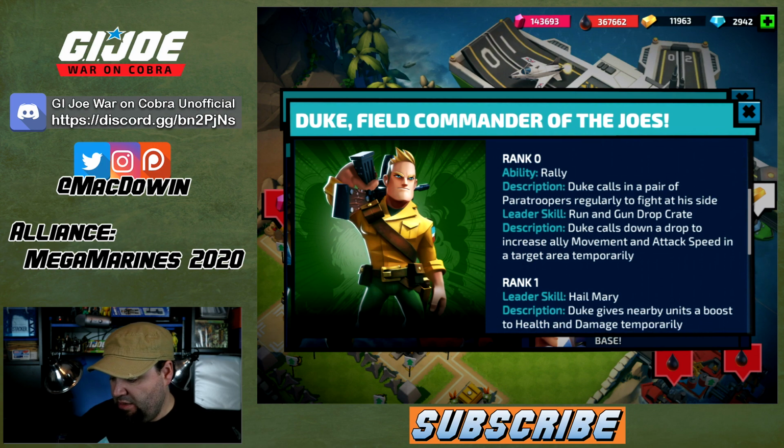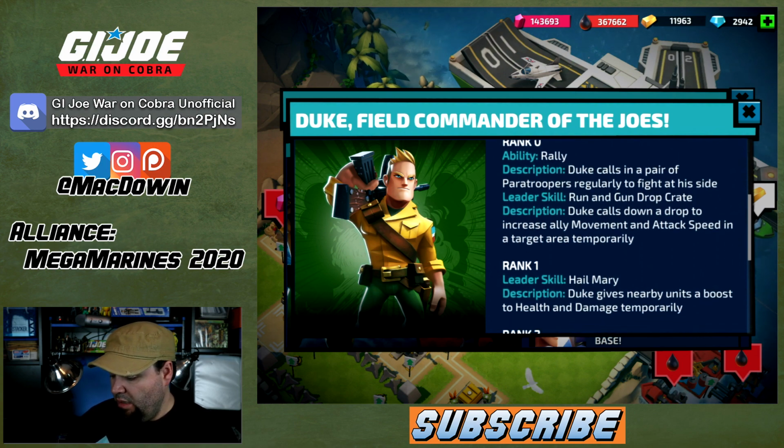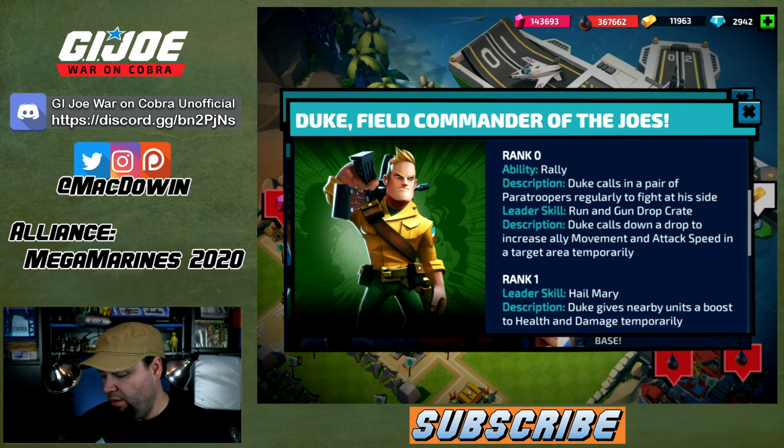So yeah, that sounds kind of cool. Run and gun drop crate. Duke calls down, there's two of them: ability and the leader skill. I see, there was no space between them. So yeah, his rally ability will bring in some paratroopers. His leader skill will bring in a crate. Duke calls down a drop to increase